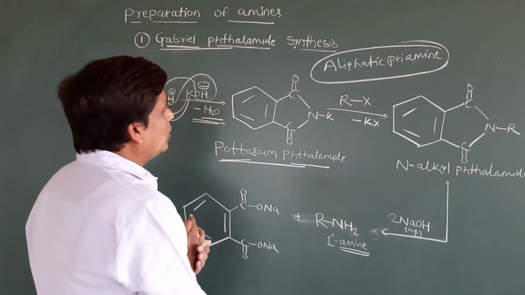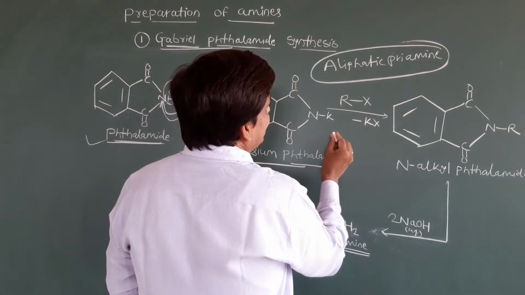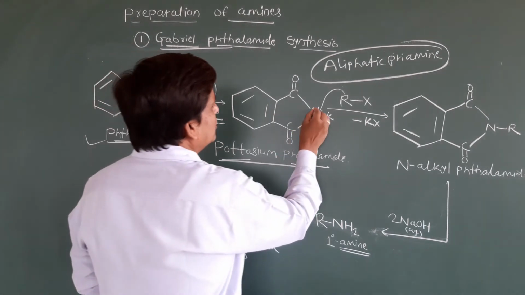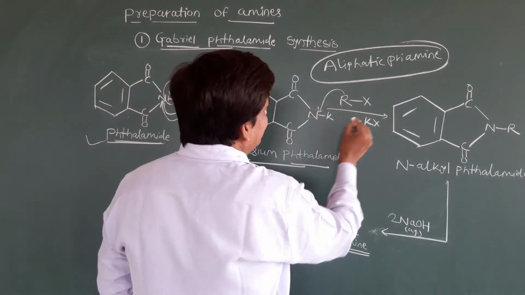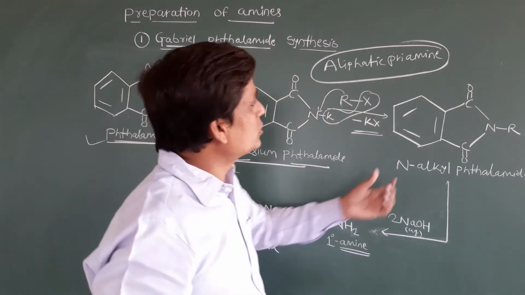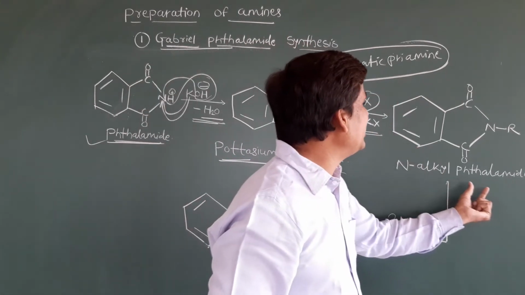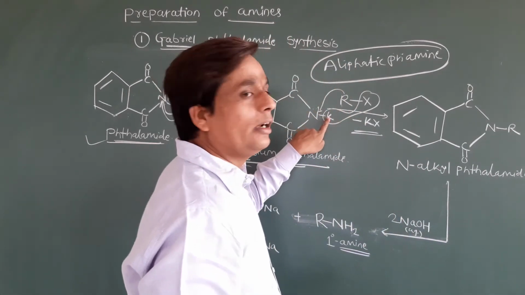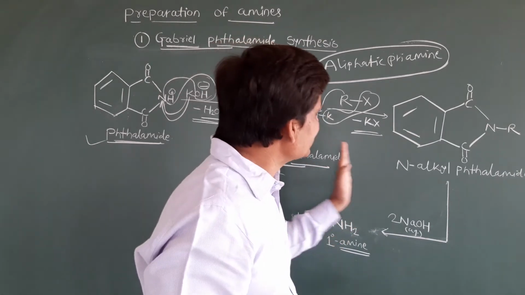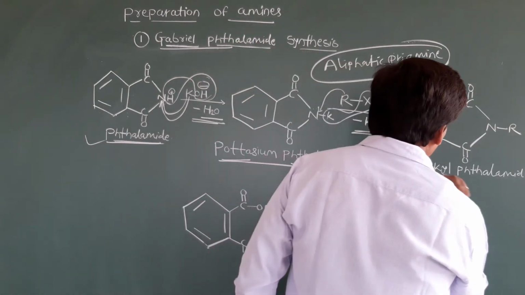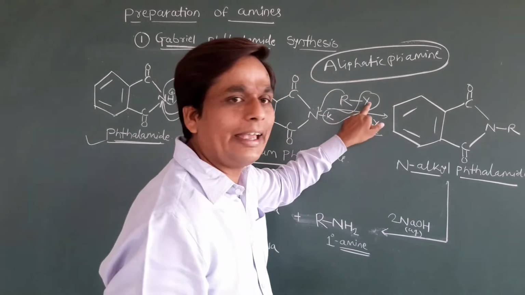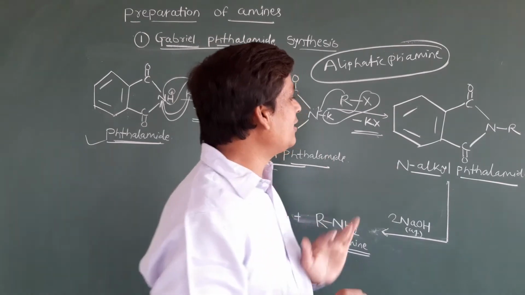Okay, so how does this reaction take place? Now in this case only this alkyl group will attach here. Because this nitrogen has a lone pair of electrons, this alkyl group will attach and this X and this K, KX, is removed. Simply here we will get an N-alkyl phthalimide. Means here potassium is removed and there we substitute the R group, means the alkyl group. This is a series of reactions. Okay students, minus KX, this K and this X are removed, and we get an N-alkyl phthalimide.